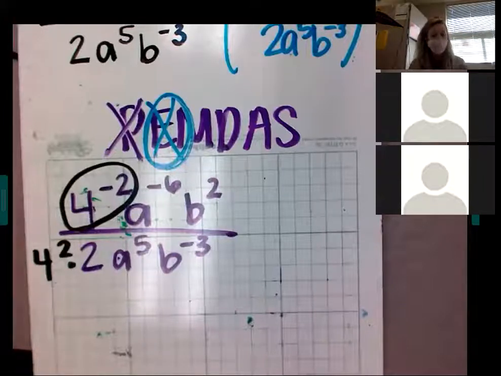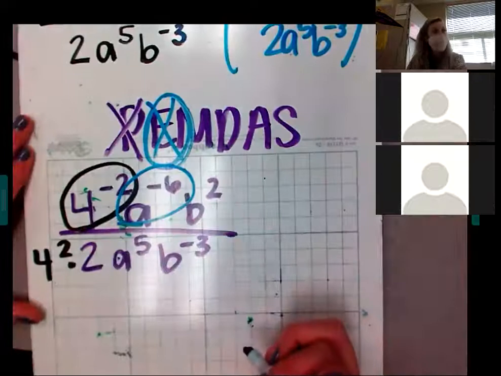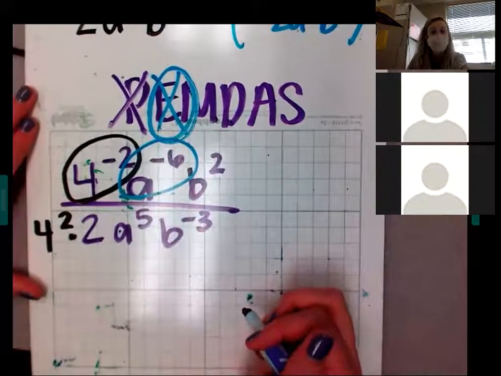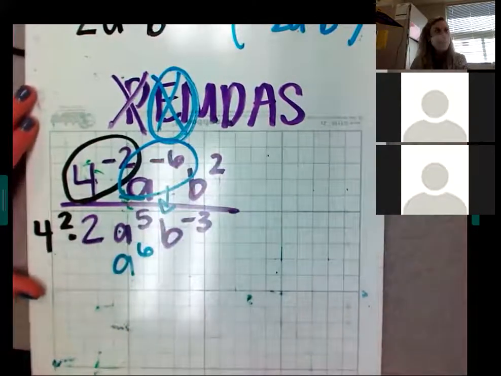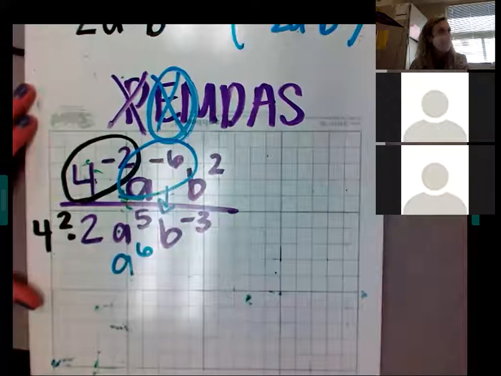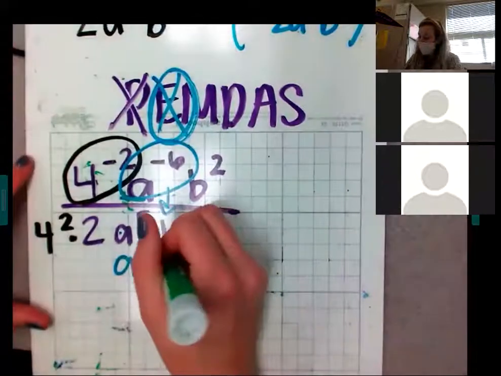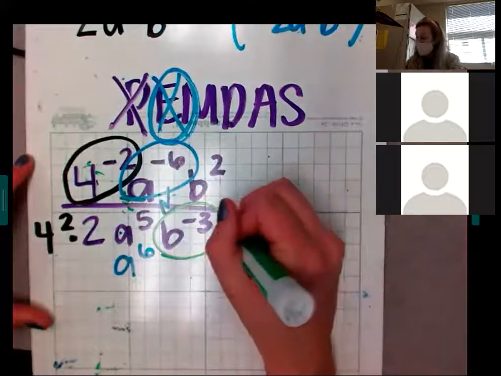I see some other stuff we have to move. The a to the -6. Does everybody see it? We've got to move it. It's negative. Where are we going to move it? Okay, so y'all learned some stuff yesterday. Move it to the bottom, make it positive. And then the -3. Good, Gwyneth. b to the -3rd. You've got to move it to the top and make it